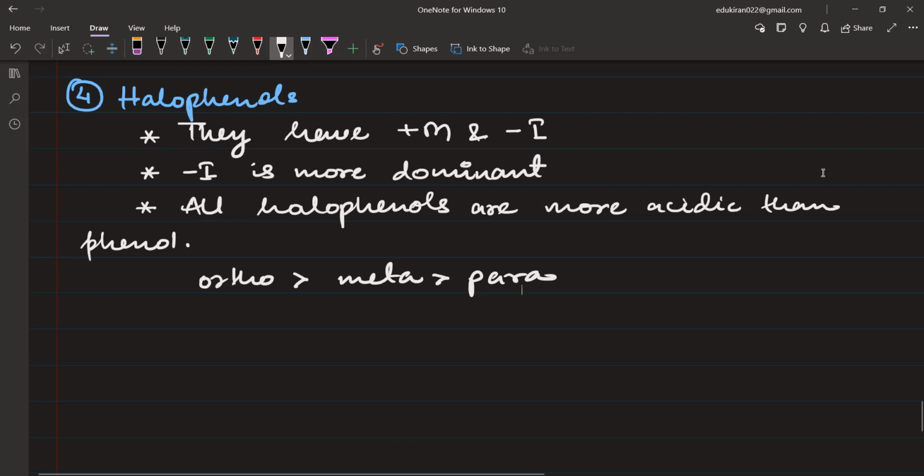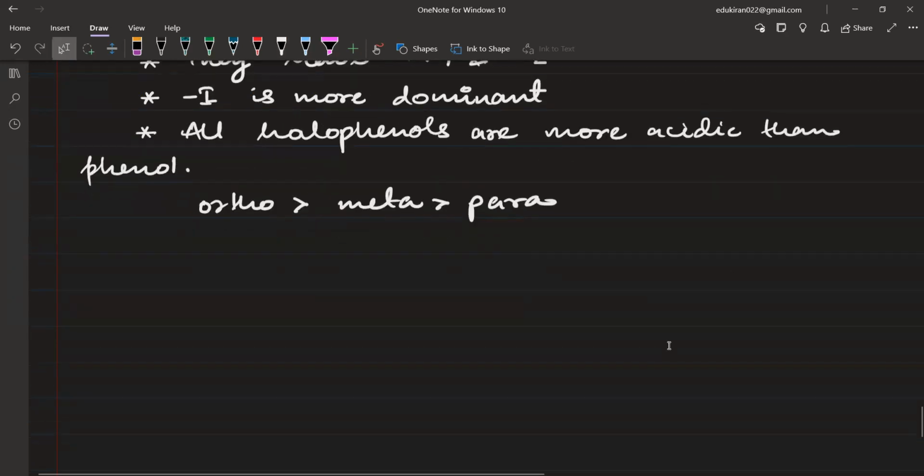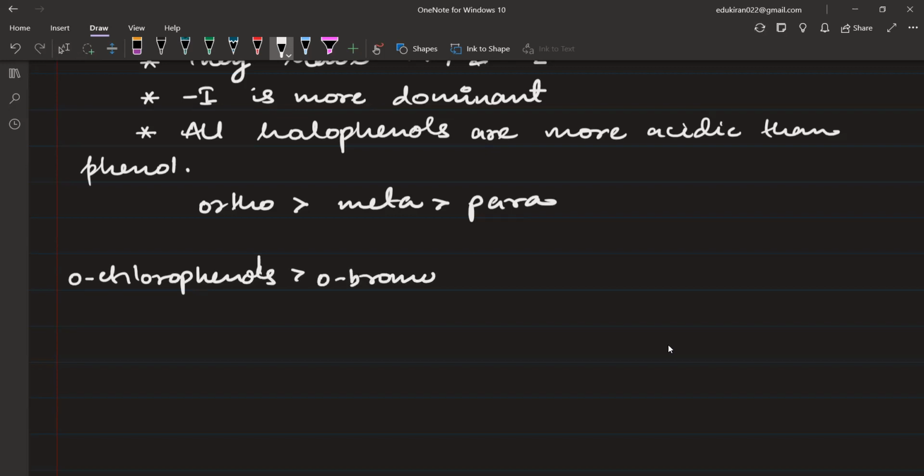Now, when we consider the orthohalophenols, that means when we consider, let's suppose, orthofluorophenol, orthochlorophenol, orthobromophenol, orthoiodophenol, in these substituted phenols, which is going to be most acidic, then the order is O-chlorophenol according to the electronegativity of different halides. O-chlorophenol is most acidic, followed by O-bromophenol, then O-iodophenol,